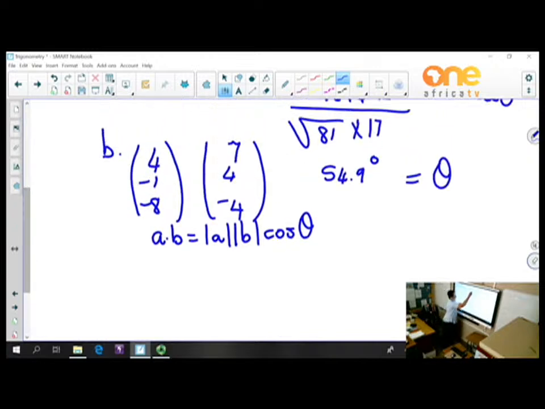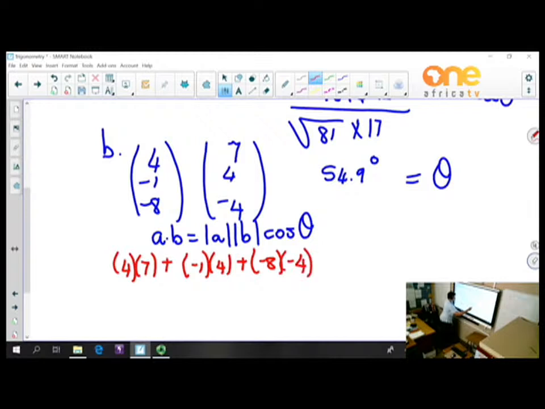What does A dot B mean? i, so 4 times 7, plus j, negative 1 times 4, plus k, negative 8 times negative 4, is equal